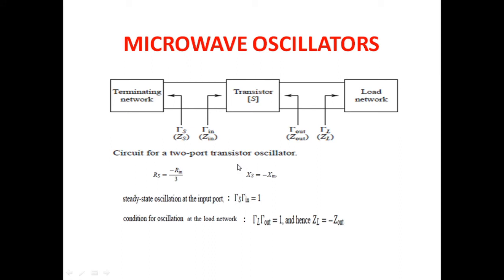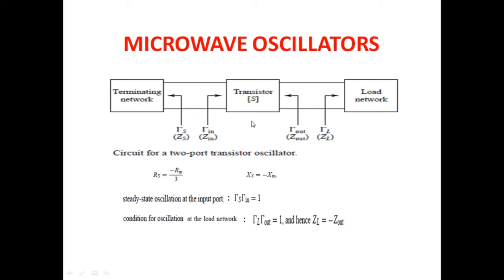Whereas in the two-port transistor oscillator model, there they are utilizing some different strategy. So what they are doing: first, according to the application, they will choose the transistor model, like common collector or common base. After that they will go for a stability check, and in the stability check they will find the values of K and delta. Actually, the stability check is called the K-delta test. What the K-delta test is and everything, I already explained in my previous videos. So based on that they will check the stability.